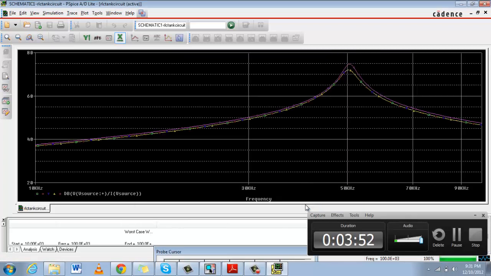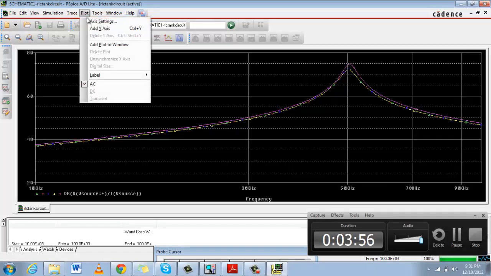Okay, so we'll have different curves. We can adjust the plot.